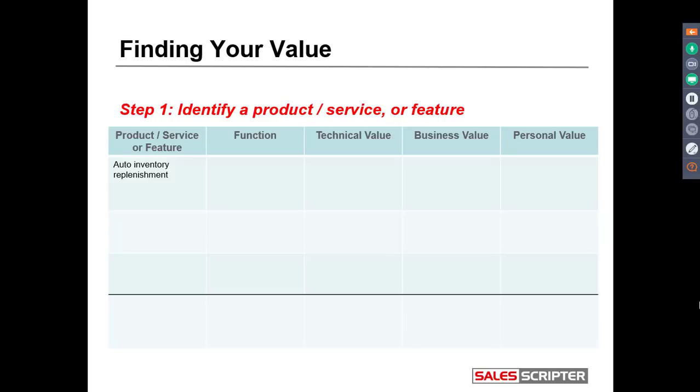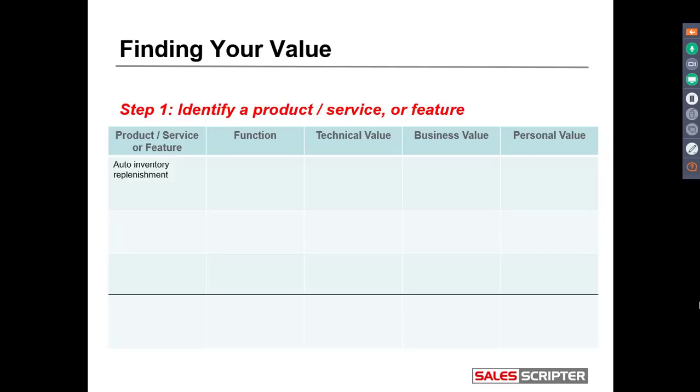You could also build your value off of an individual feature of a product. Maybe you sell a product and it has a feature that's very compelling, and the feature is something you don't sell individually. Like, you don't have a line item or a purchase price for that feature, but maybe you have a very attractive feature, and you could build this process off an individual feature. But